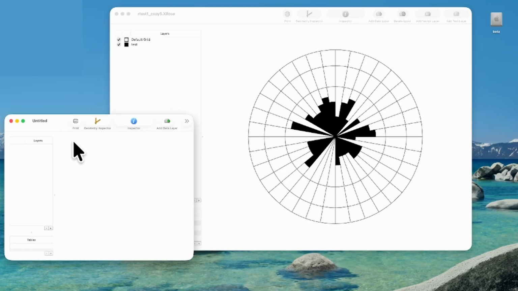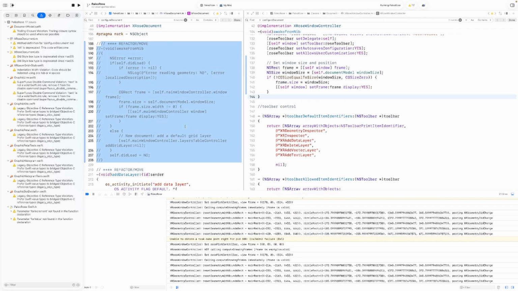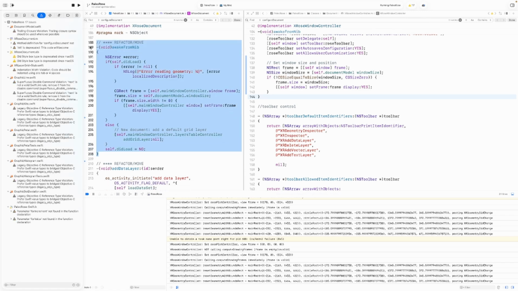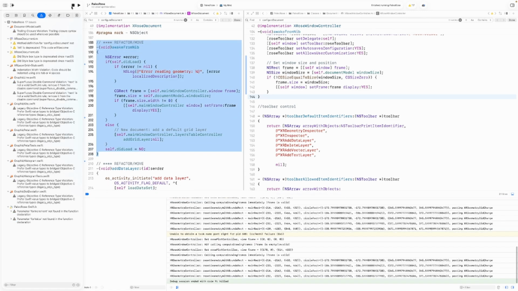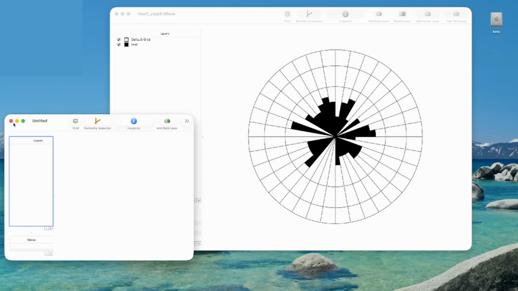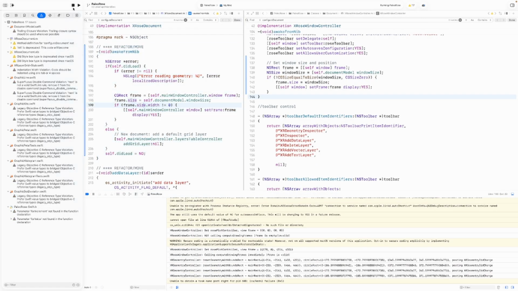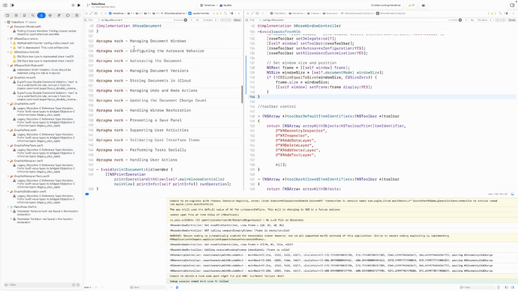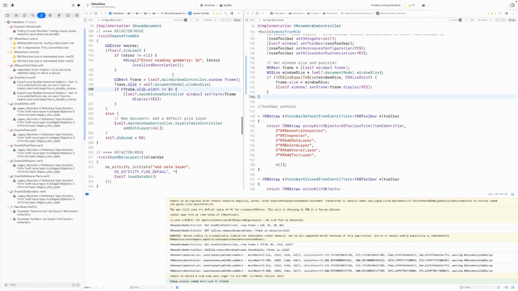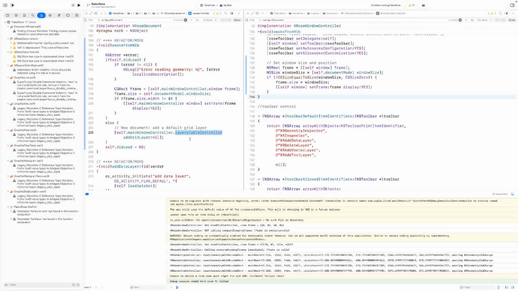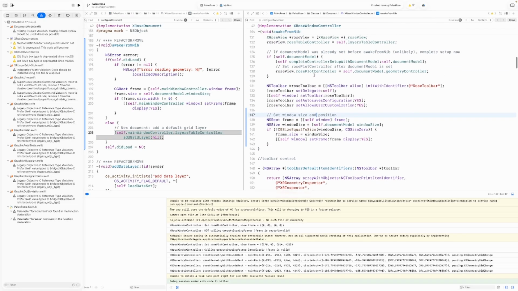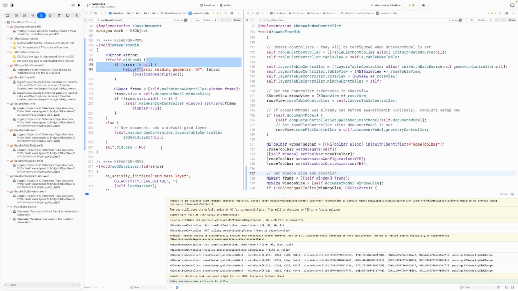Aha, so it isn't handled already. So let's fix that. Or actually see if deleting that was the problem. So maybe this needs to go over here. So this is all window controller, but this